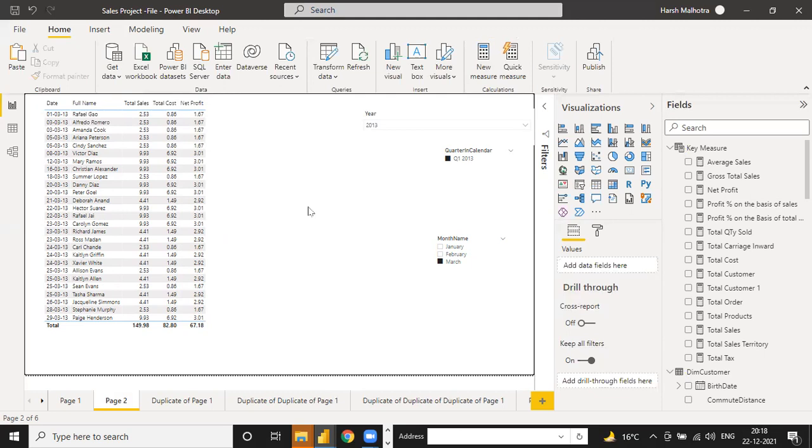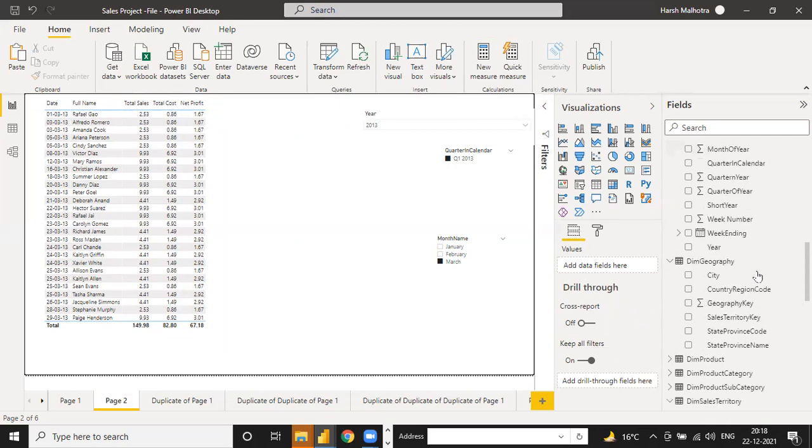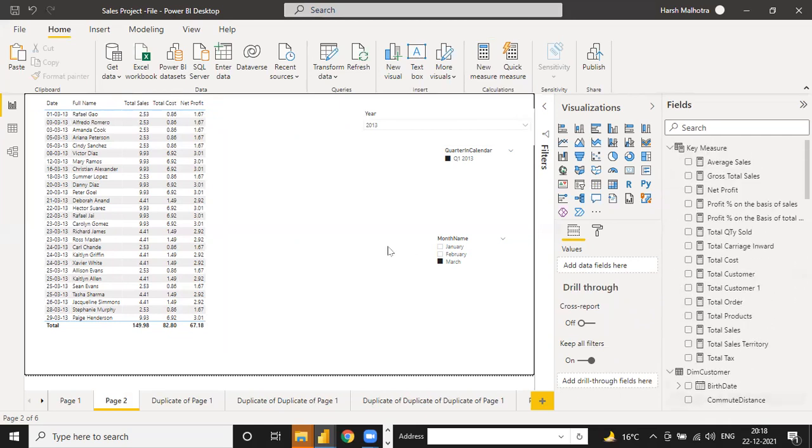I will share the data with you also. I think I already shared it. You can practice till Friday, and if you have any doubt about the sales project, you can let me know. And if you have any other condition to pull in the sales project, we will do that, because guys, the sales project is very important for all organizations. Sales is very common in all organizations. If you are in healthcare or any other department, sales is also important. Okay, thank you guys, and I will share that recording.